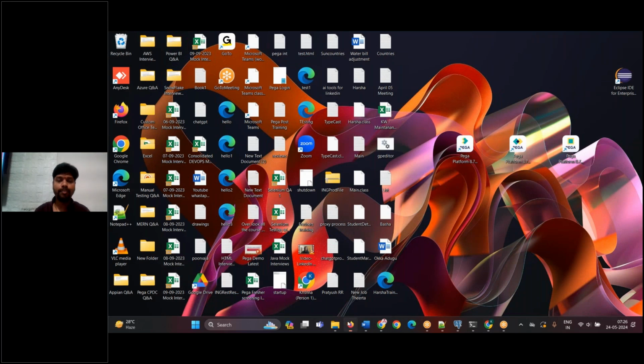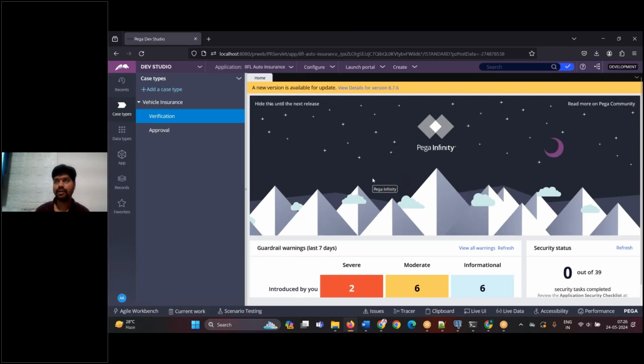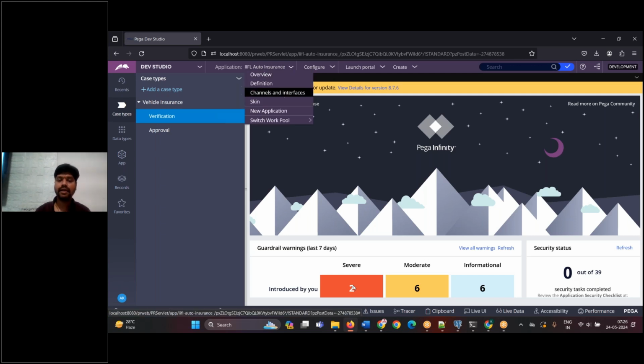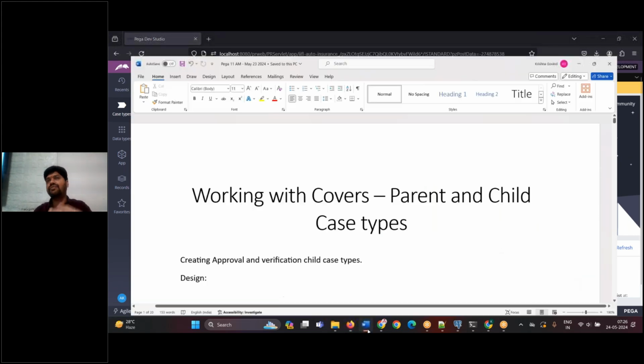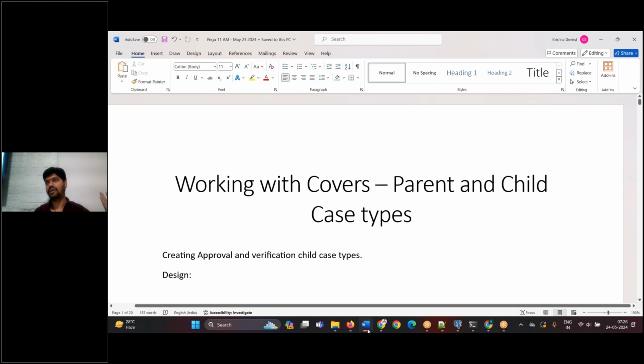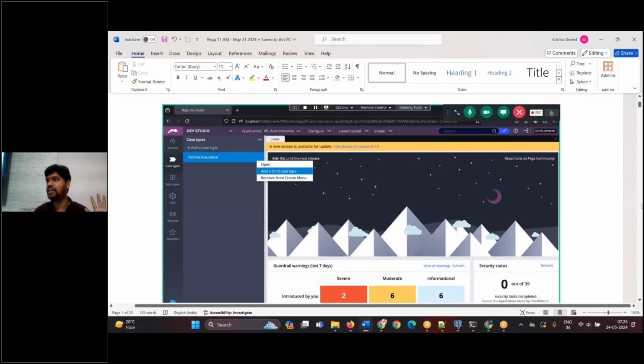Okay, open the Pega environment, log into the Pega environment. Read the requirement once again. Try to understand what you want to do, where you want to start, what your final expectation is. You may not be able to remember the navigation. Whether you remember or not, just try it. You cannot remember, right? For the first time when you are doing it, refer to the document for navigation, no issues.